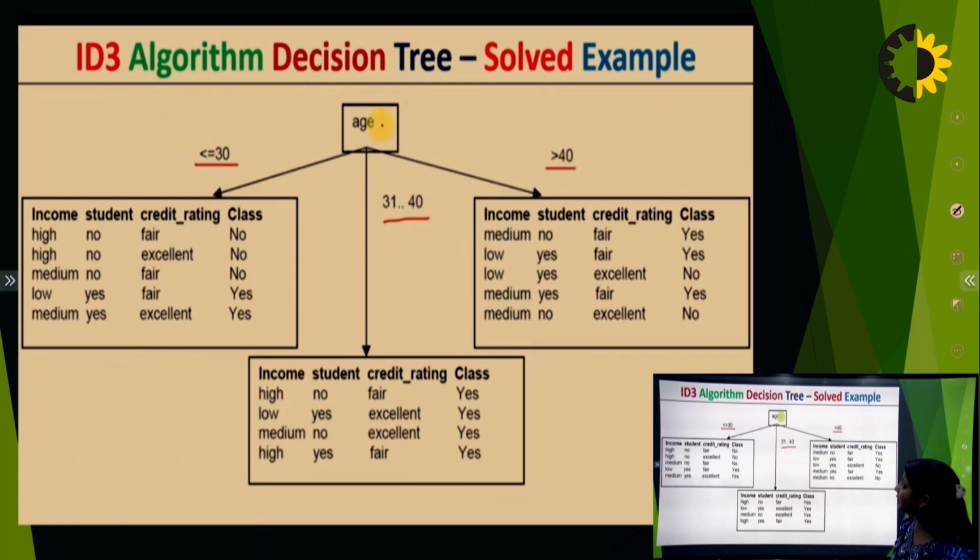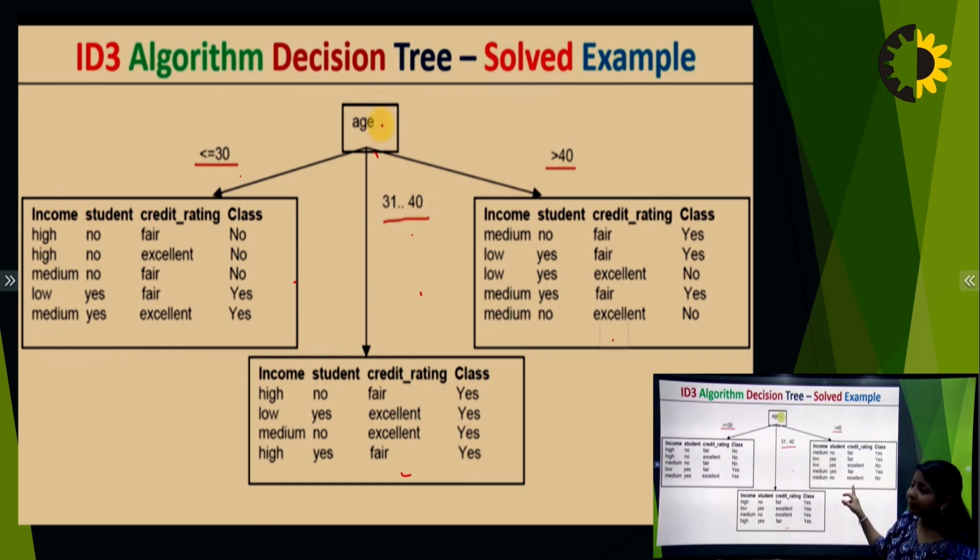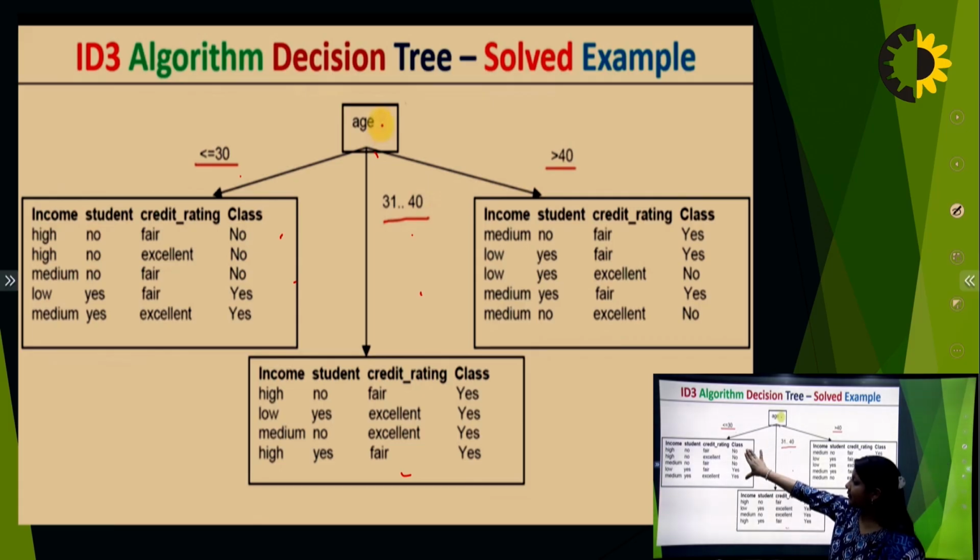So age will become the root node, and age has 3 values: less than or equal to 30, 31 to 40, and greater than 40. So we have 3 subtrees here. Here in 31 to 40, this one will be the subtable. This one will be the subtable in case of less than 30, and this will be the subtable for greater than 40. So here this is a decision. Now again we have to calculate the entropy for